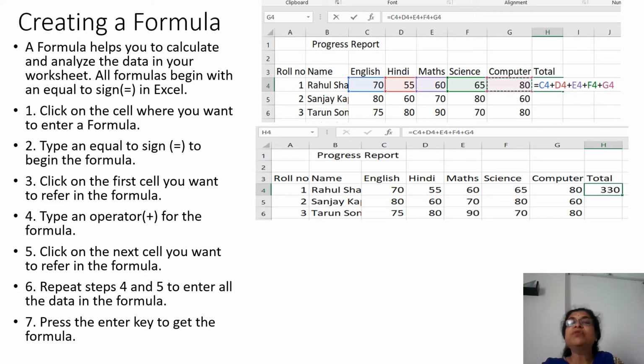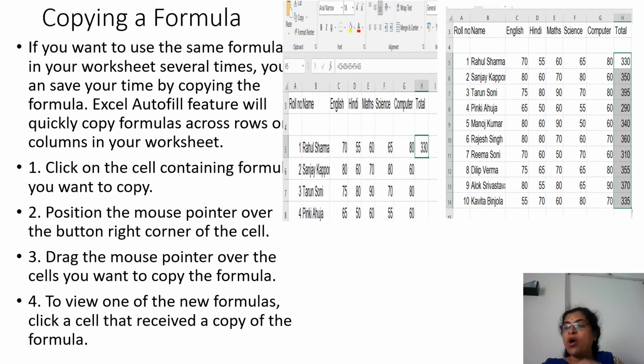For that, we have to take our cursor on C4 and click the mouse left button once, so in the total column where the cell is selected, the C4 cell address will come. Then give the plus sign, then select D4, the D4 address will come. Like that, up to G4 you have to do, and simply press the enter key. You will get the total for that first student. And whenever you want to copy this total for all other students, all other records, simply drag it with the help of autofill, and it will get calculated for every student.